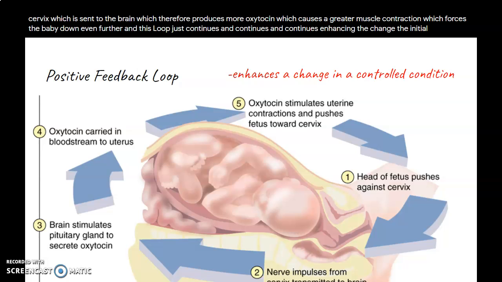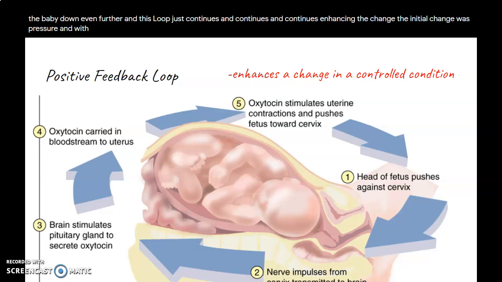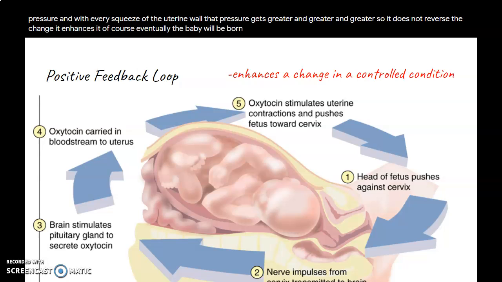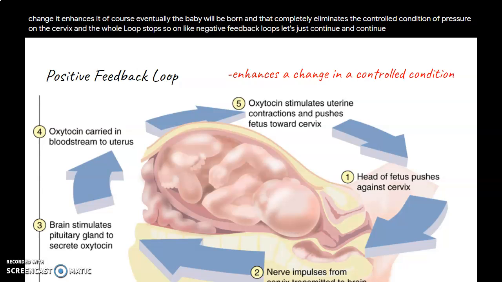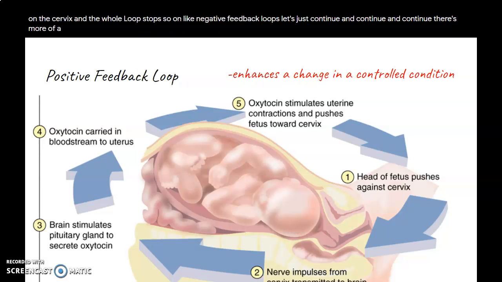The initial change was pressure, and with every squeeze of the uterine wall, that pressure gets greater and greater and greater. So it does not reverse the change, it enhances it. Of course, eventually, the baby will be born, and that completely eliminates the controlled condition of pressure on the cervix, and the whole loop stops. So unlike negative feedback loops, which just continue and continue and continue,